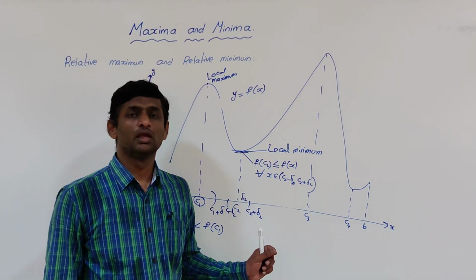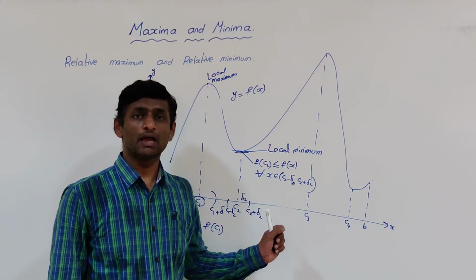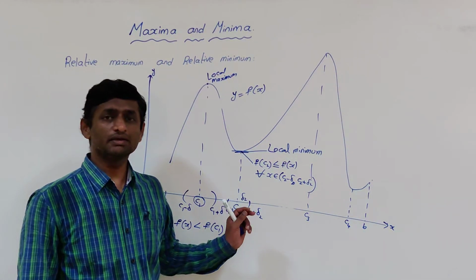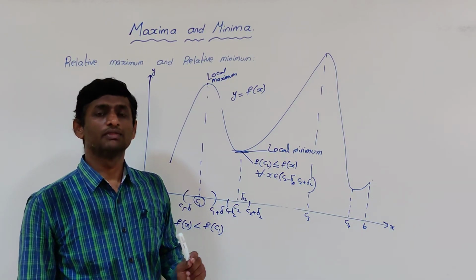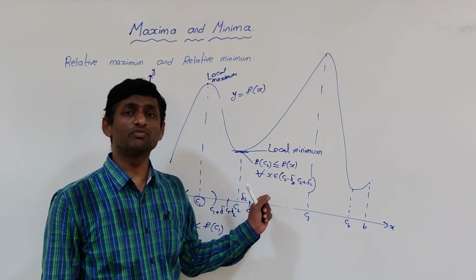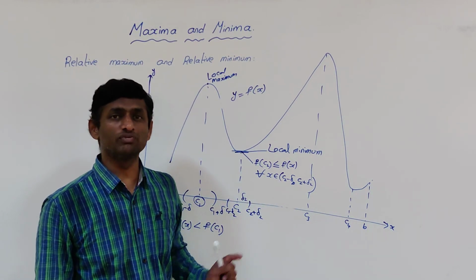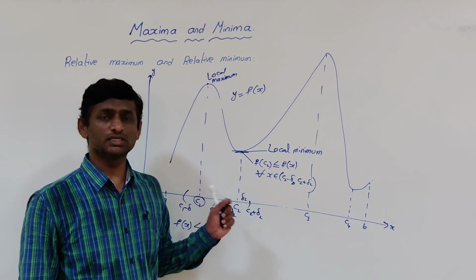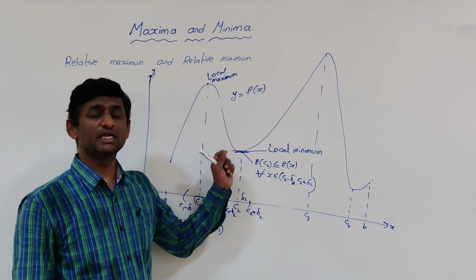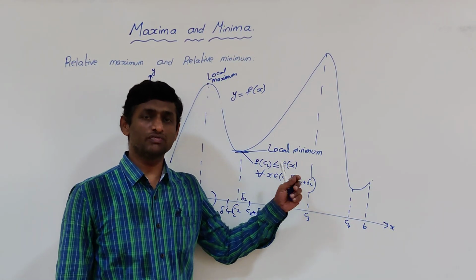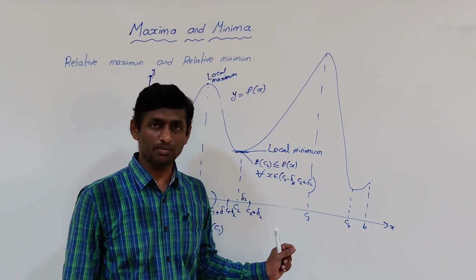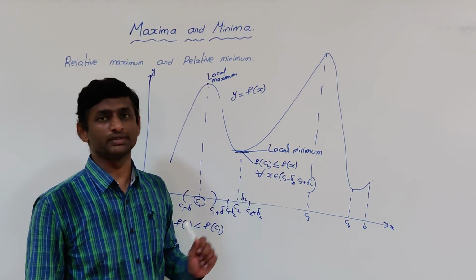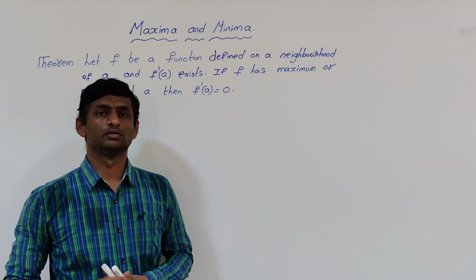Now suppose the function has a maximum or minimum at a given point, then we'll see the derivative of that function. What will be the derivative of this function? Now we'll go for a theorem. So what is the theorem? It says that if a function attains a maximum or a minimum, we'll see what the derivative of that function at that point will be. So the theorem is,